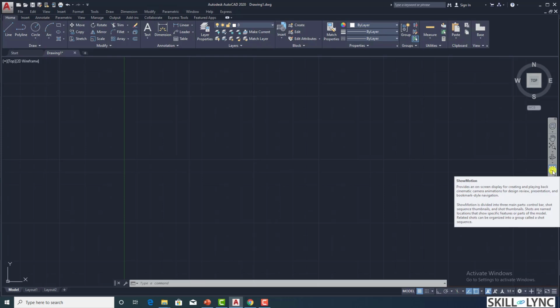For example, if you are taking a plan view of a civil building and you are creating some viewpoints to it, then you can sequence it and show it as a glided view through that plan. So this is an advanced visualization technique that you can employ to convey the essence more effectively.